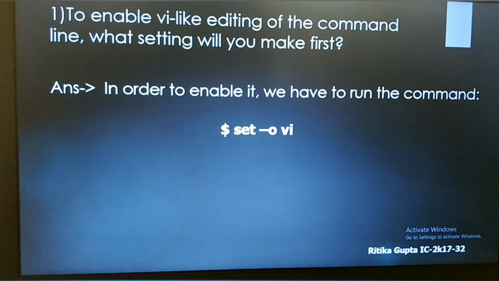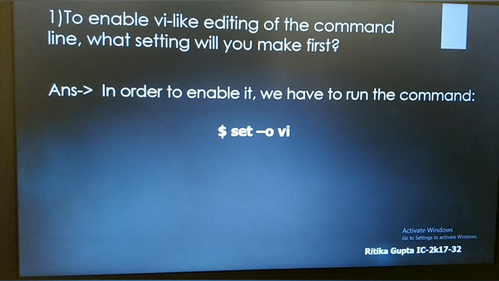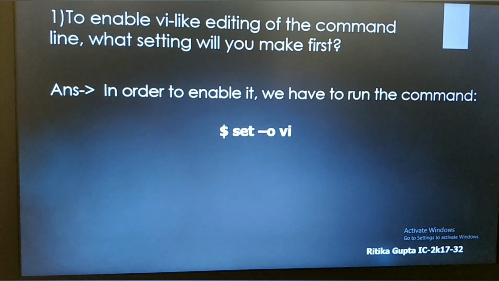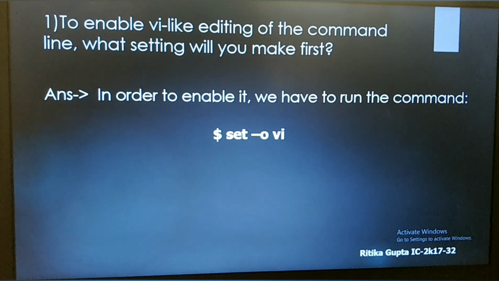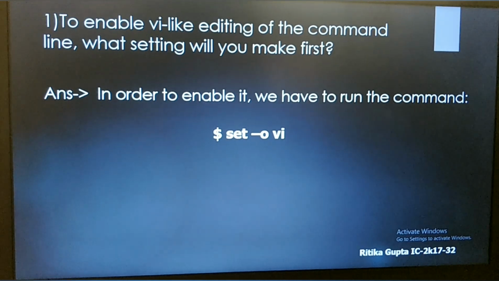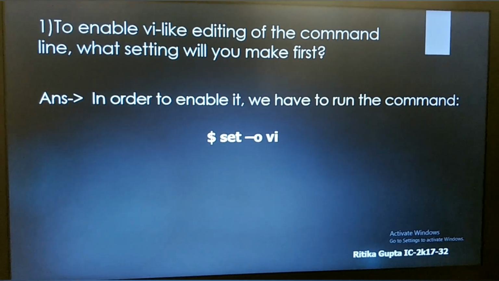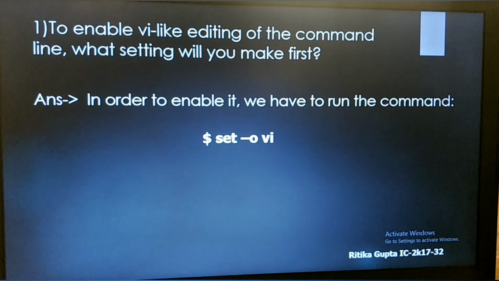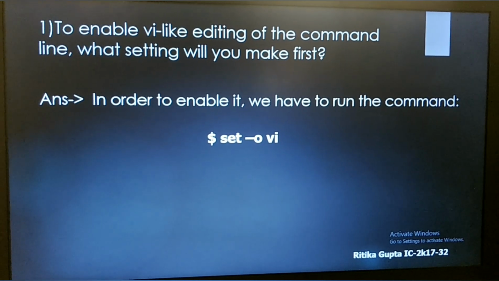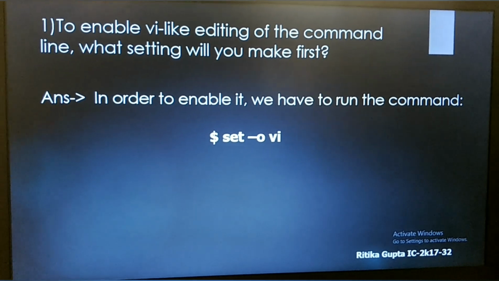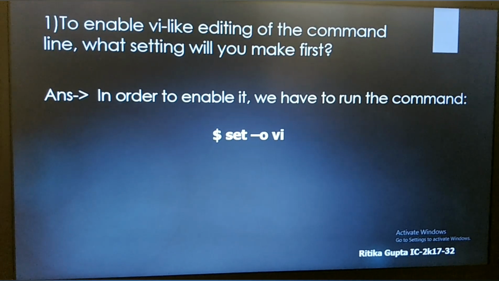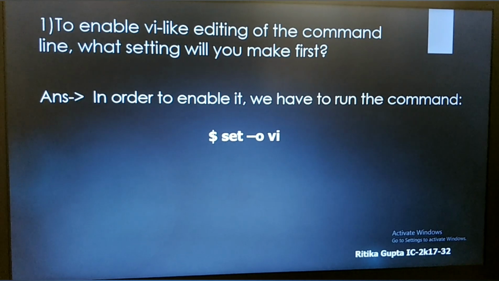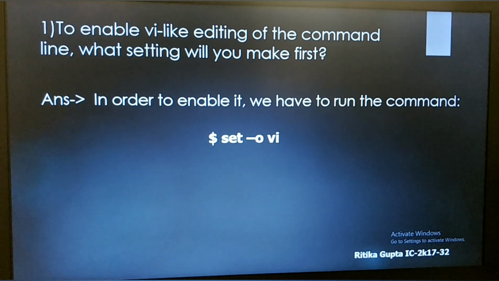Since many users are more comfortable using VI style keyboard bindings because of their time spent in the VI text editors, the bash shell is able to provide this functionality for us. So in order to enable it, we can run the command $set -o vi. So we are now in the VI mode and can easily line edit using the VI style key binding.